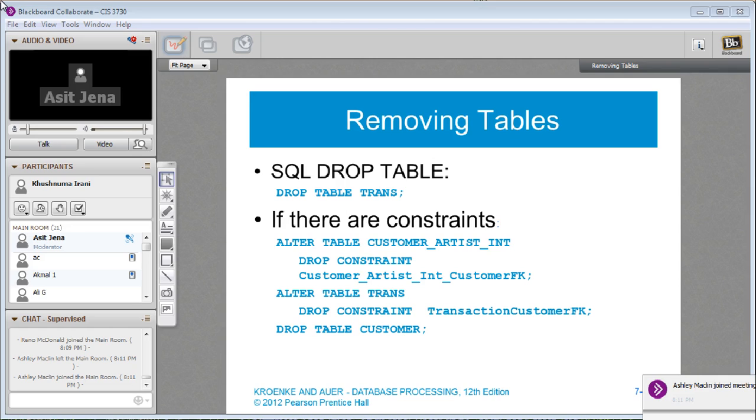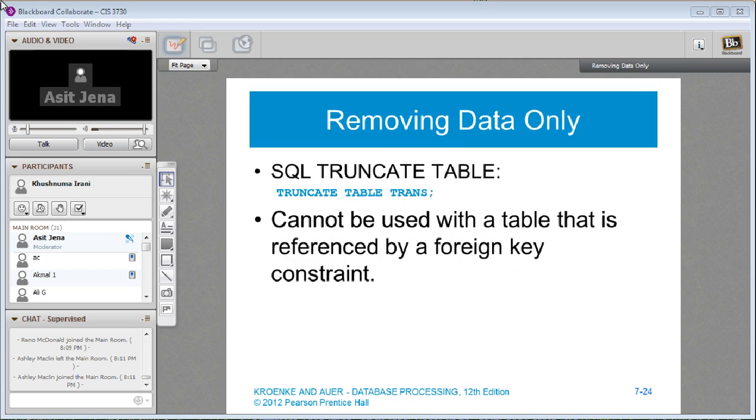So in addition to any data stored, the structure of the table is also gone. Similarly, you can drop constraints also.